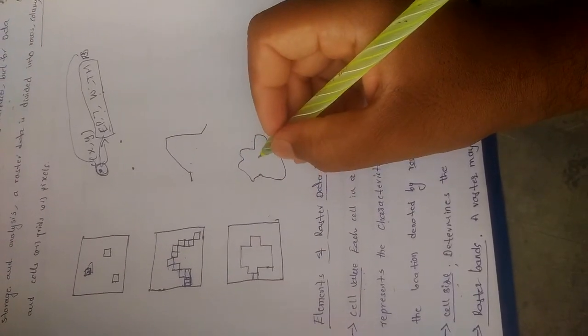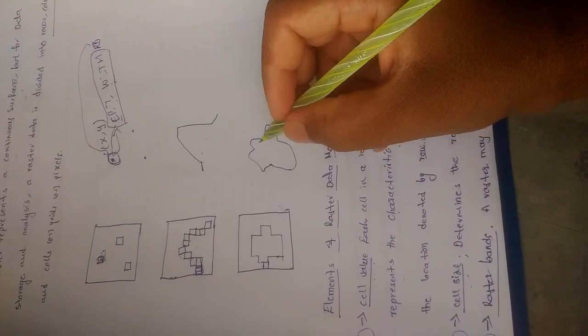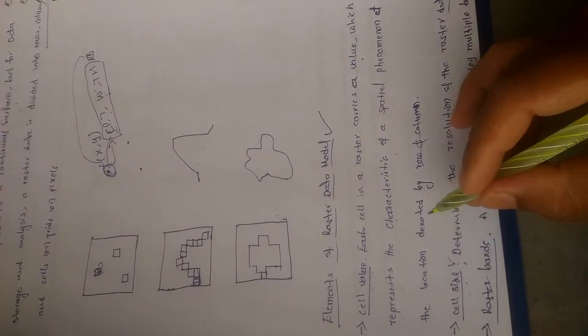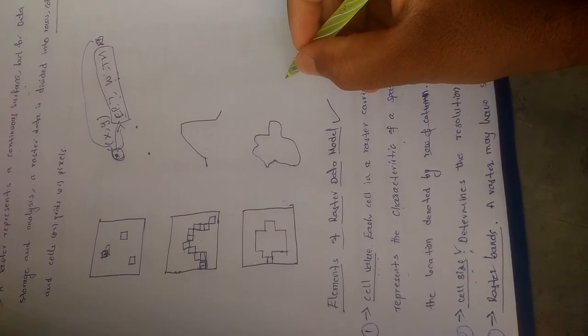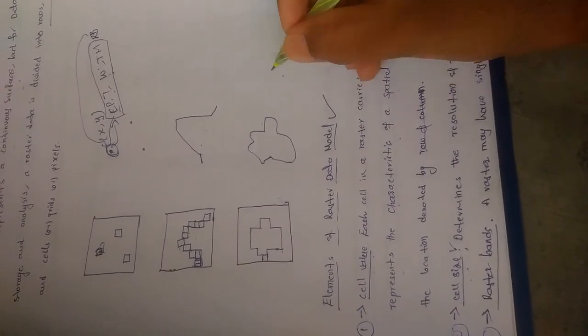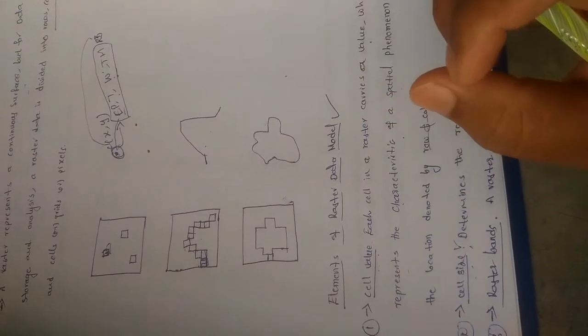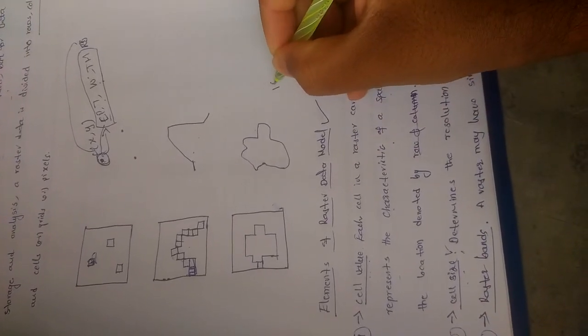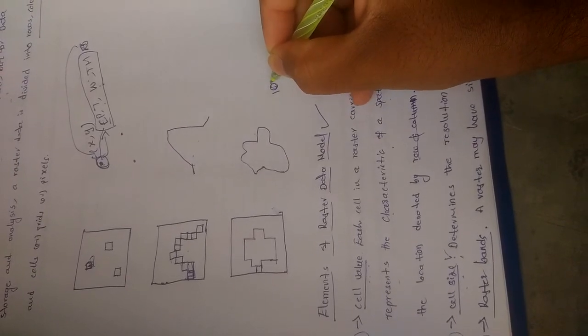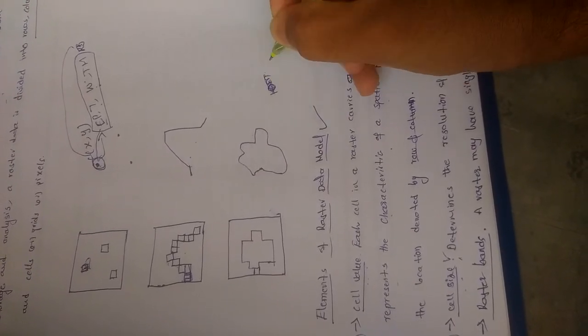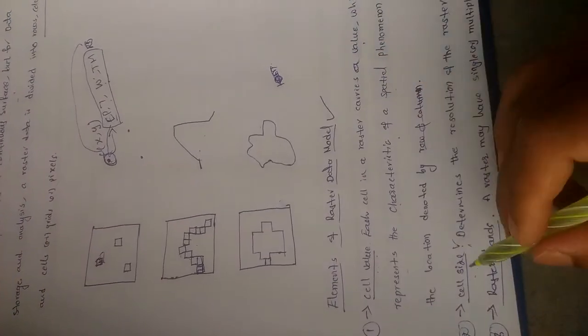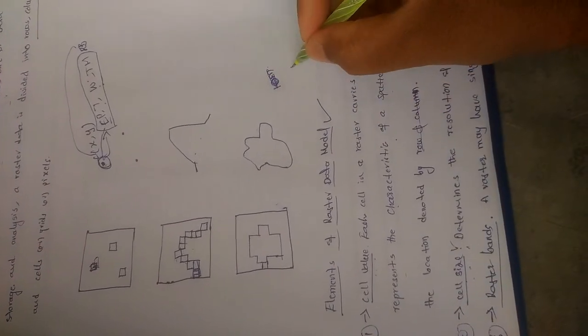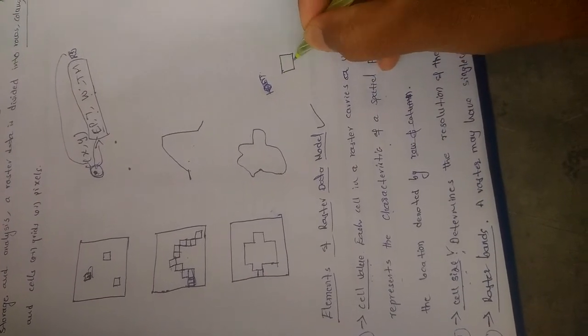Means the image which is available for us mainly depends upon the cell size. If the cell size is less, then the image appearing for us is more accurate and it will give more accurate information. It gives accurate and more details of a particular point when the cell size is very less.